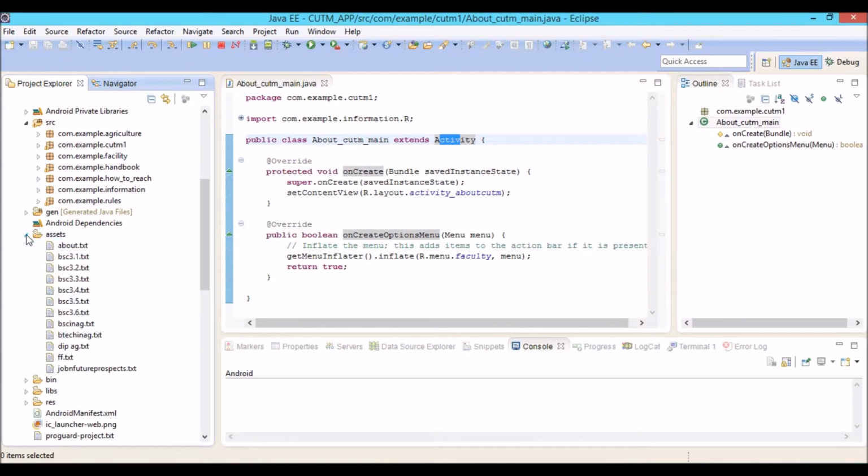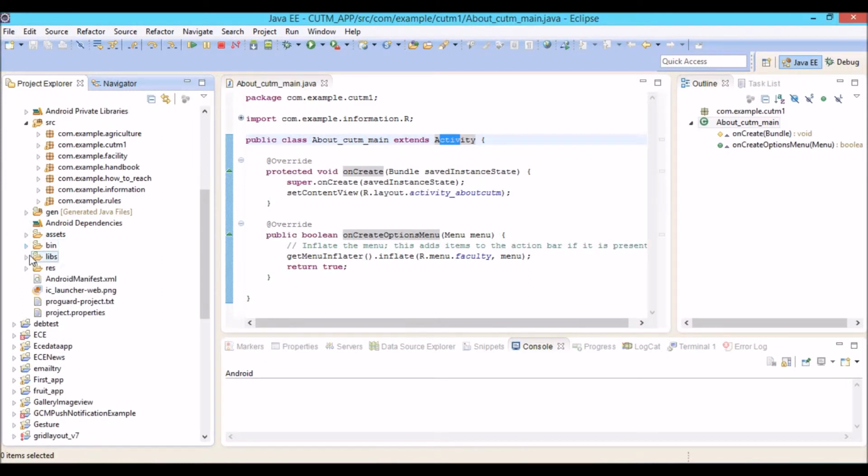The assets folder contains all the required data in text format or in database file format. It keeps all the text format files in it. If we are making an offline data app, we have to keep the text files or needed data files and database files in the assets folder only, and the app can access the data from the database in the assets folder.